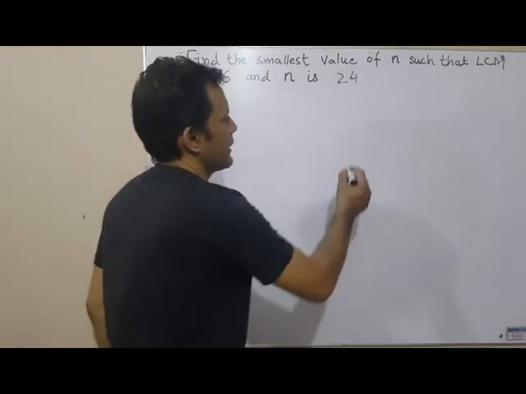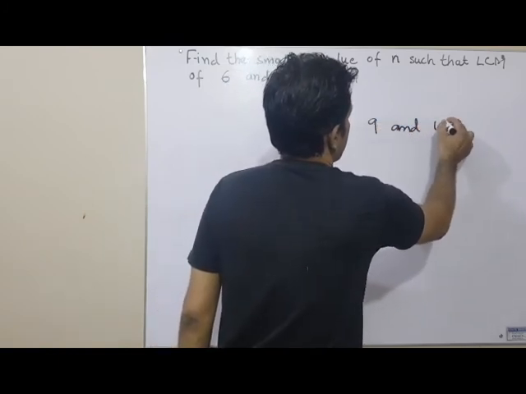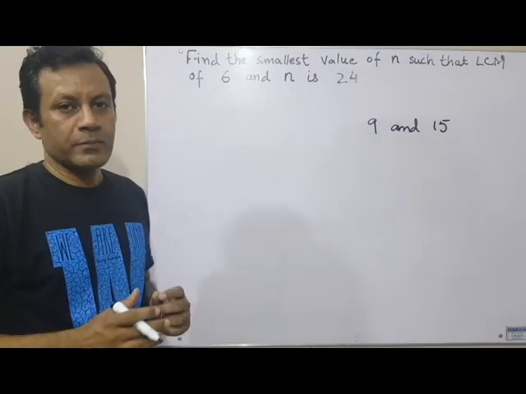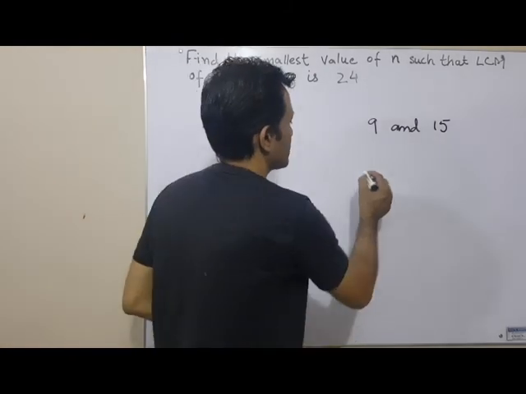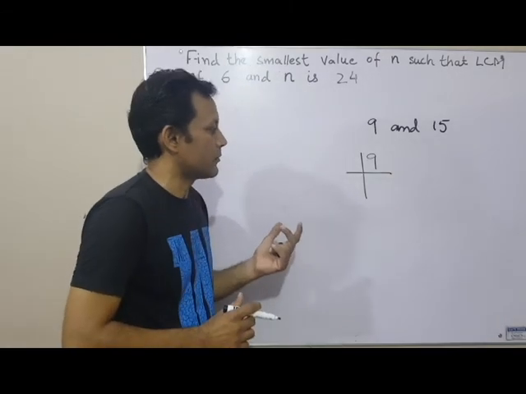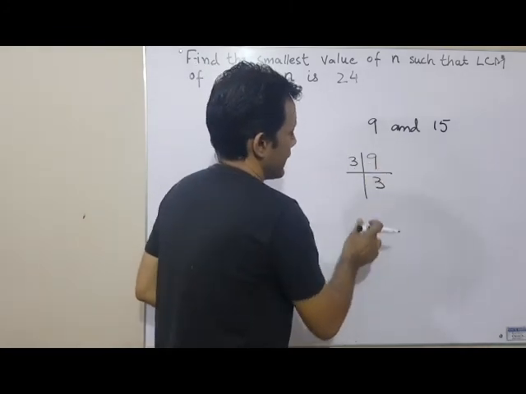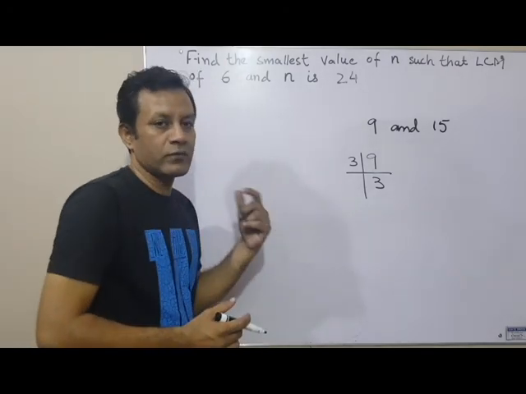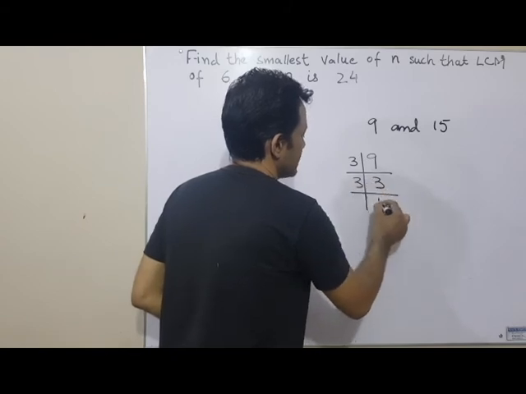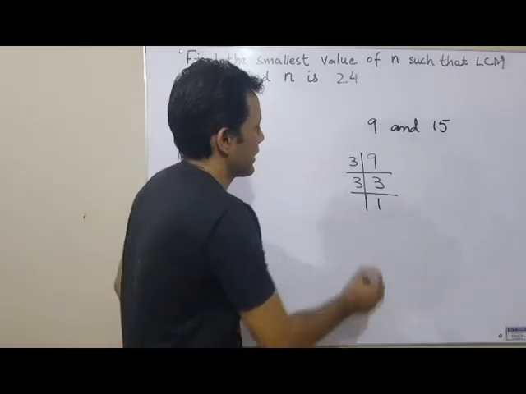Let's say, for example, we take two numbers, 9 and 15. We divide these numbers by the smallest possible prime number. First we find the prime factors of 9. The smallest possible prime number which can divide 9 is 3. 3 3s are 9, and we will continue until we obtain 1 as the quotient. 3 1s are 3. Now we stop because we have obtained our quotient as 1, and the prime factors of 9 are